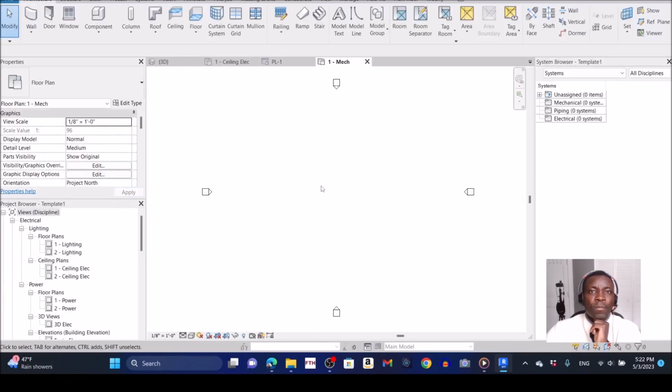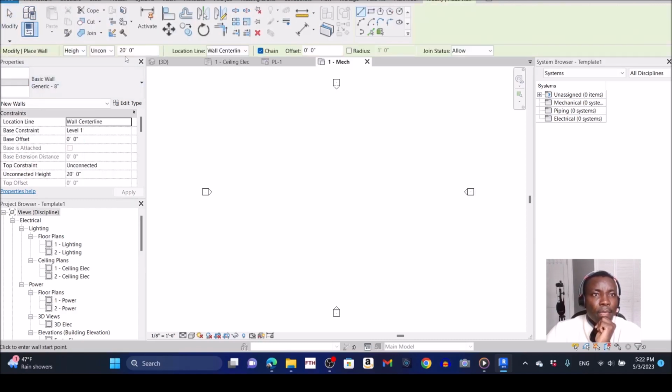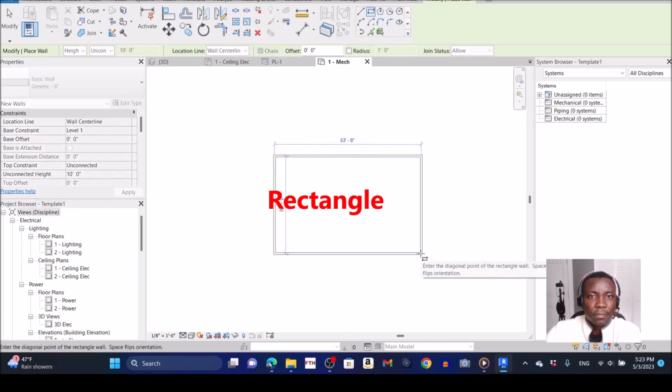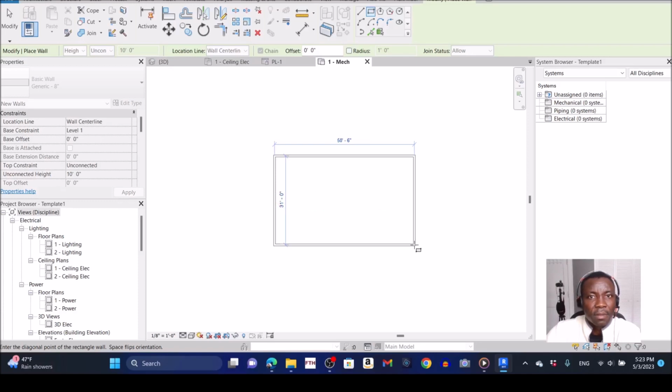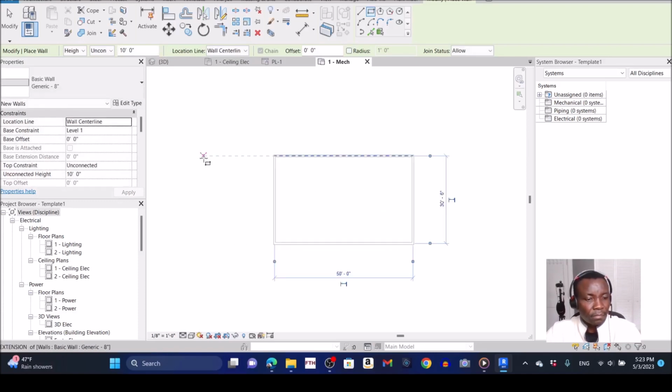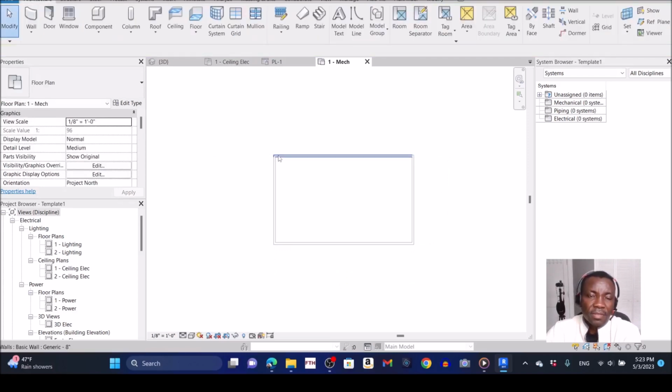We have to create an outer boundary of our design. So basically you select a wall. I'm going to change the height to 10 and then select to have a square. From that rectangle,